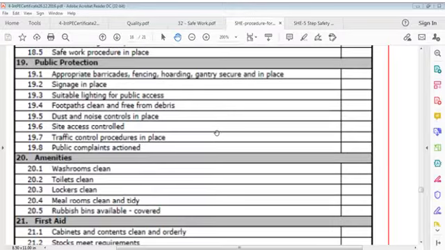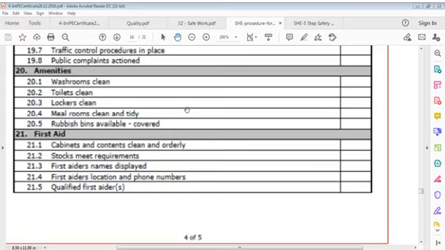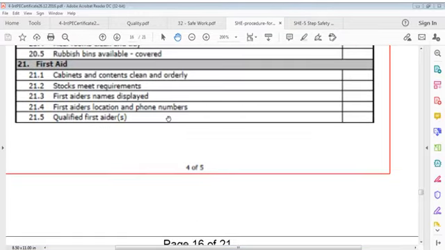Procedures in place. Public complaints action. Amenities: washroom clean, toilet clean, lockers clean, meal rooms clean and tidy, rubbish bins available, covered. First aid: cabinets and contents clean and orderly, stocks meet requirements, first aiders' names displayed, first aiders' location and phone